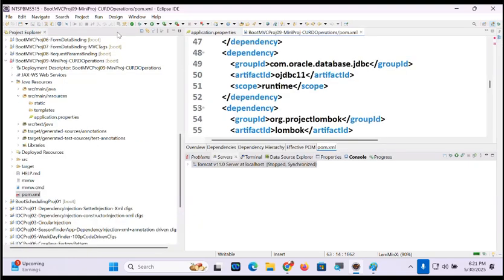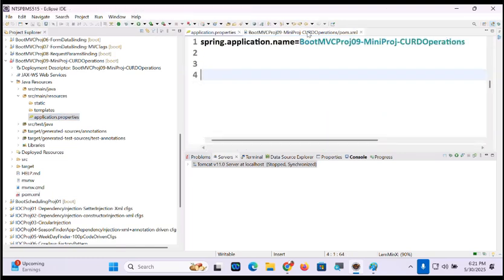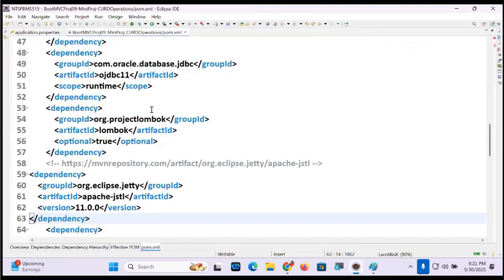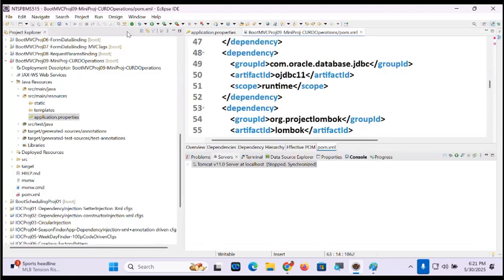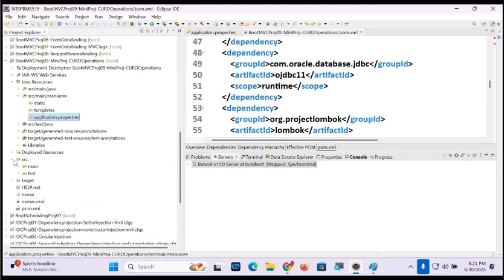That's good. Okay, first we'll complete the properties here, boss. I want to talk to database, so definitely we need JDBC driver details. And we also need Spring Data JPA properties. And it's a web application, so view resolver configurations also required. Yes or no? But before writing them, let me keep the directories that are not coming automatically.